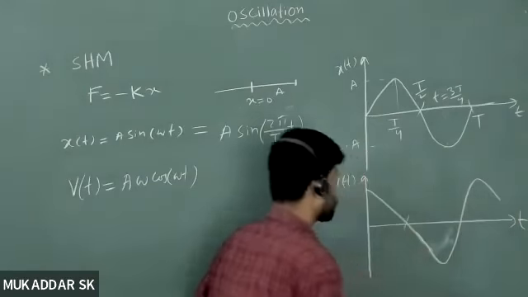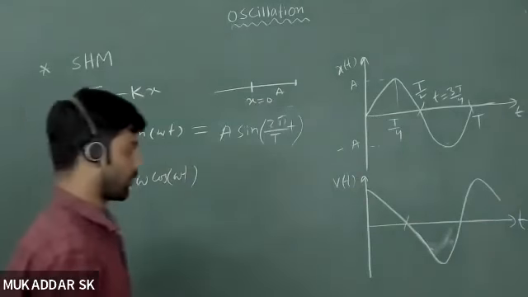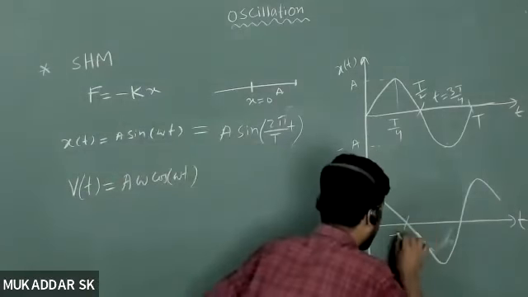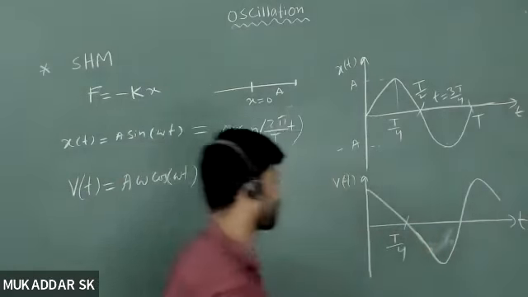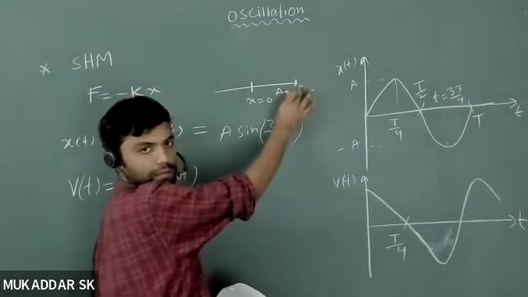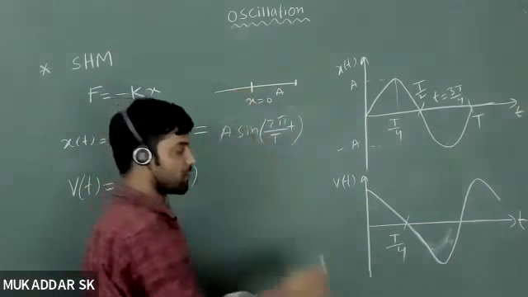so this point corresponds to what time? T/4. Exactly. So this time point corresponds to T by 4, right? Yes sir. Then what does it mean? Your oscillator is at this position. Now it will come to negative x direction, right? So your velocity will be